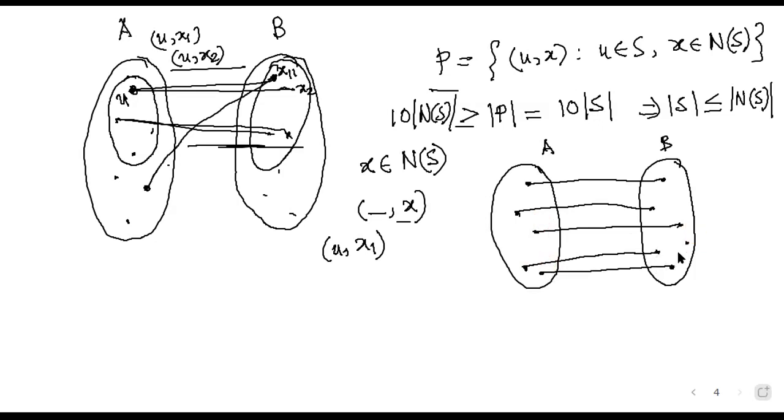We can have some other elements, doesn't matter. But size of A, he said, ma'am, that means it might have elements from B also. It might miss elements from A. Yeah, but if the cardinality of A is n,